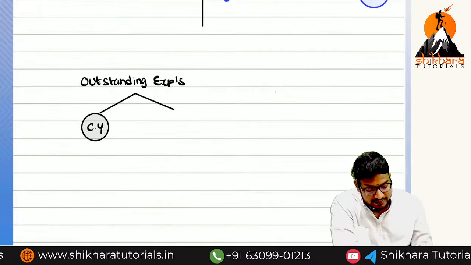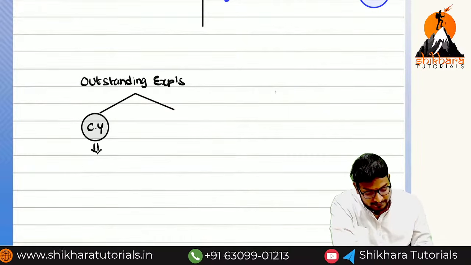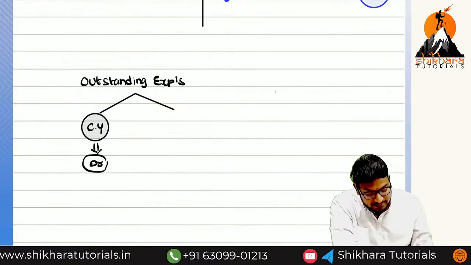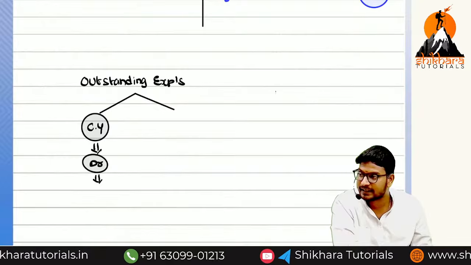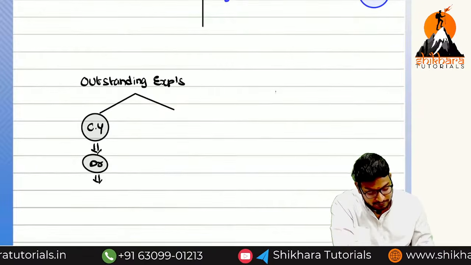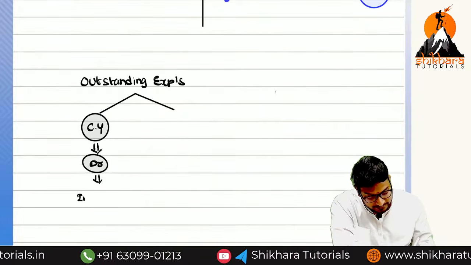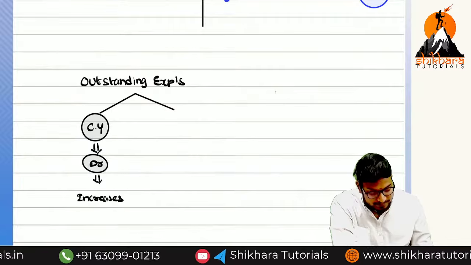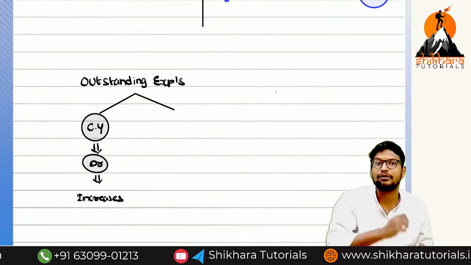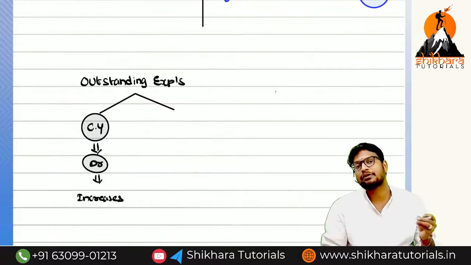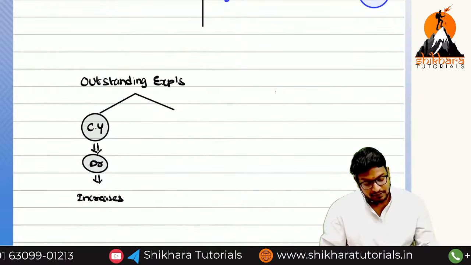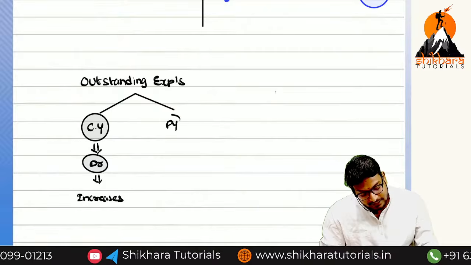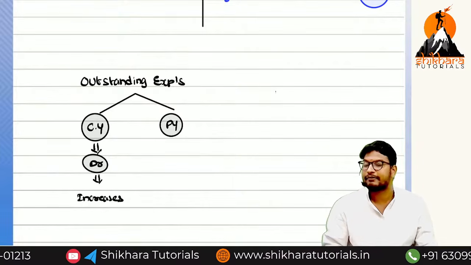Current year outstanding expenses we have recorded on which side? Debit side. What is the reason? Because of this current year outstanding expense, our expenditure is going to increase or decrease? Increases. Even though you have paid or not paid, we have to recognize the expenses as per which concept? Accrual concept. But if they give the previous year outstanding expenses,